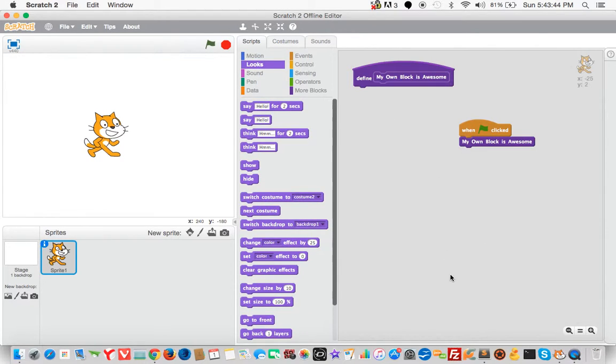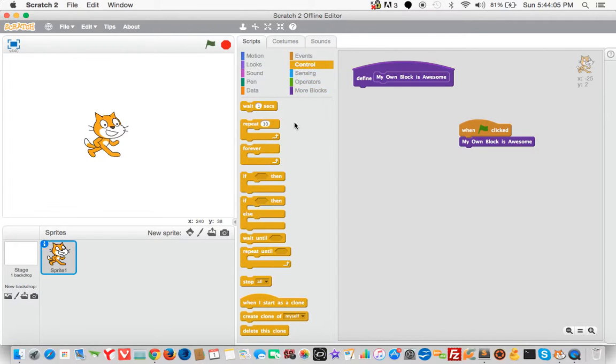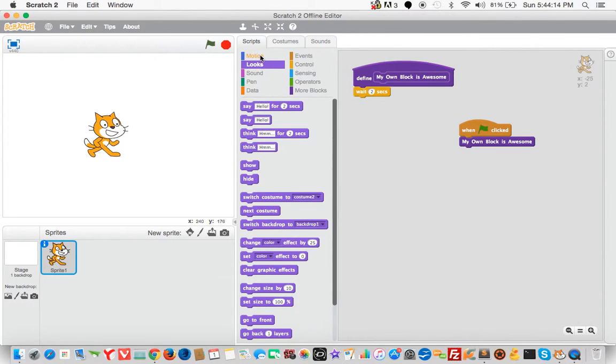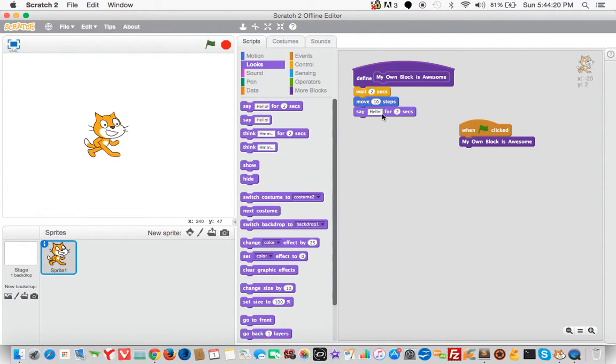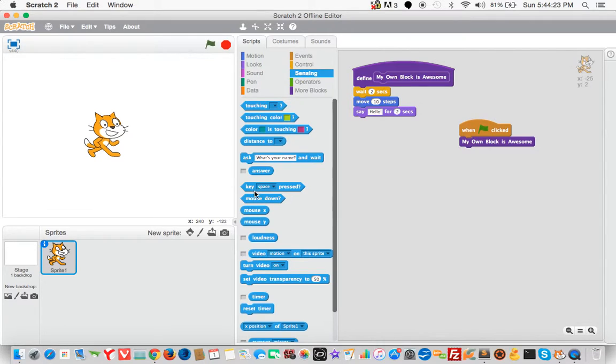Okay. So let's say we want to make something more complex. Not anything crazy now, but let's say we want to add more to our block. Let's say we want our block to do something more than just moving a cat 10 paces to the right. So let's say I wanted to wait for 2 seconds, move 10 steps, say hello for another 2 seconds, ask what my name is,